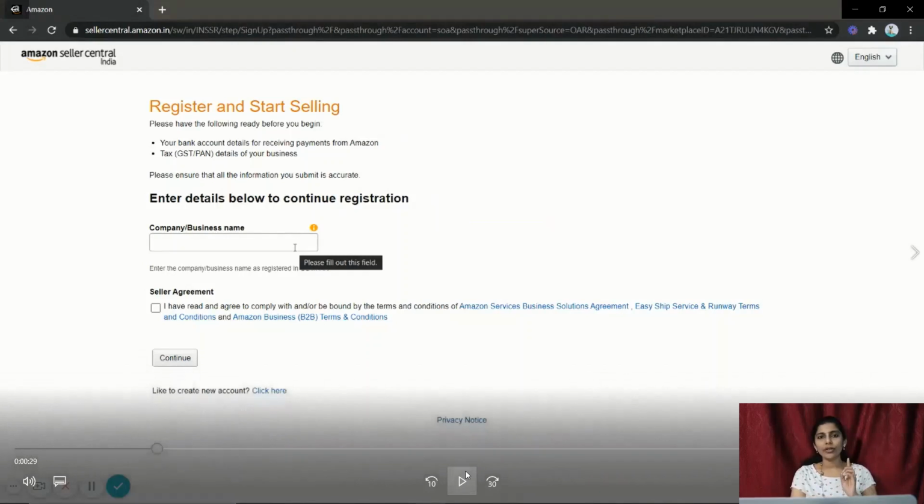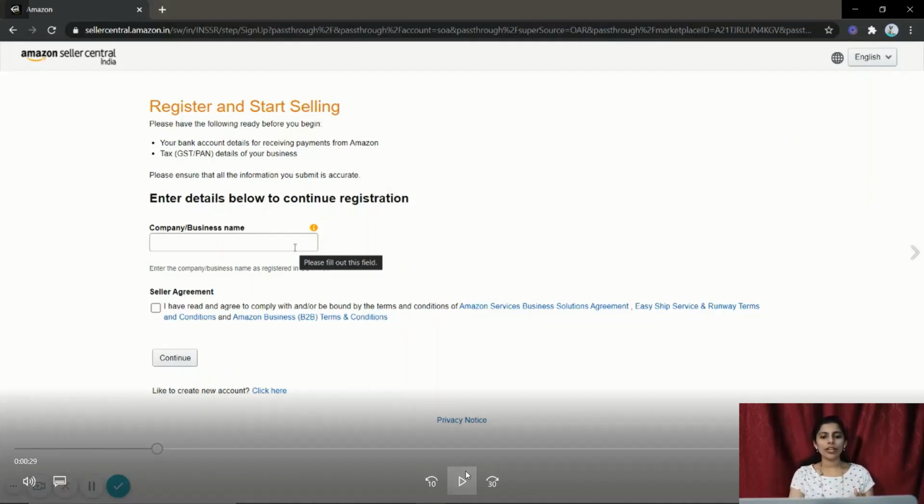You actually don't need an email address, but I would highly recommend you add an email address to this Seller Central account. And not only that, try to have a separate email ID. Don't confuse it with your office or other businesses because you may get a lot of notifications from Amazon. It will be easy for us to track all the details.